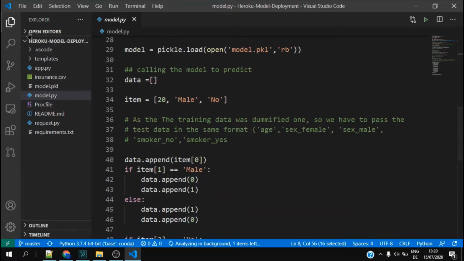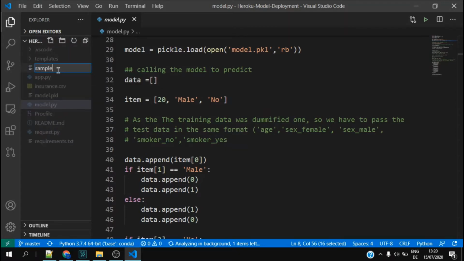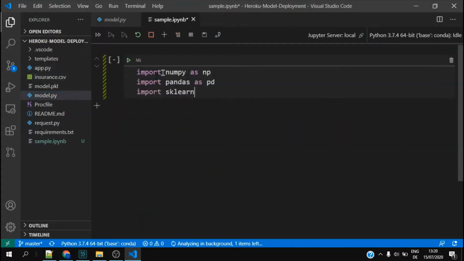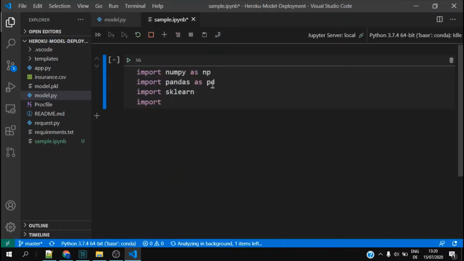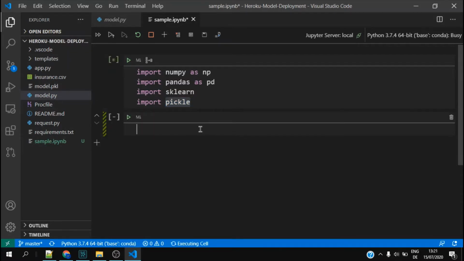Okay, so I would just create a new file, which I call sample.ipynb. Import pickle, because we need to save the model, so we have to import pickle. Pickle is for saving the machine learning model into our local repository. Okay, so if I execute this and then I read the data,